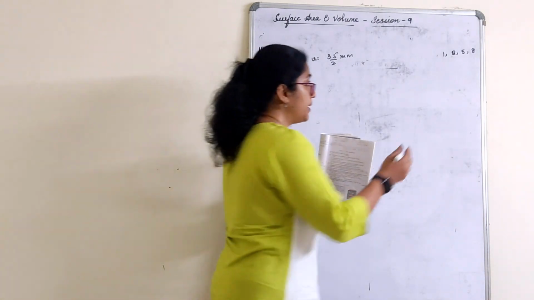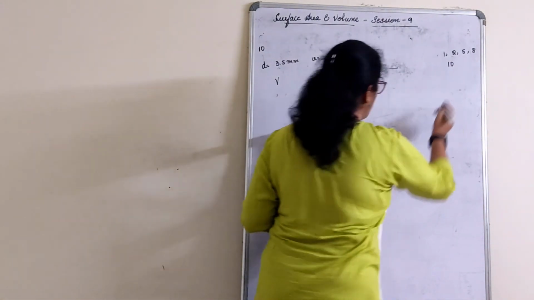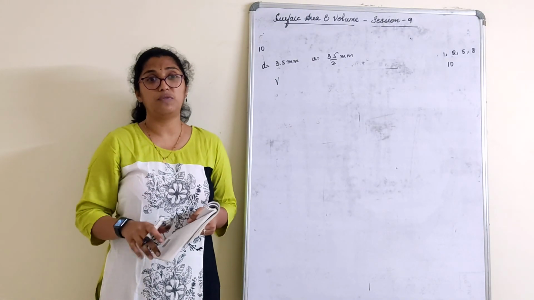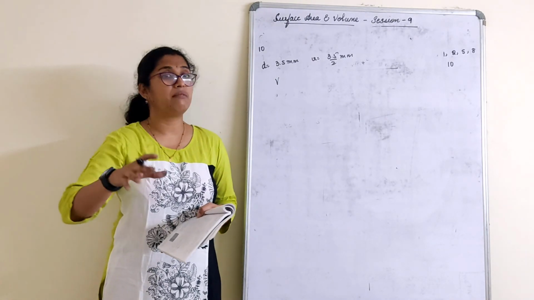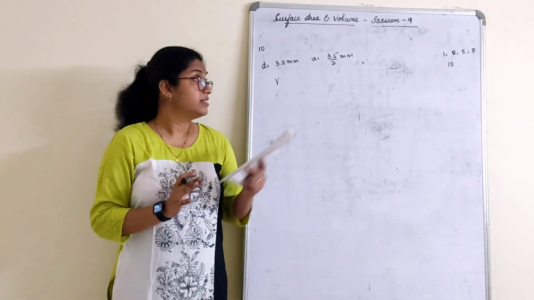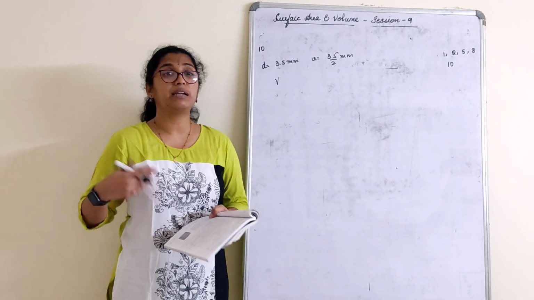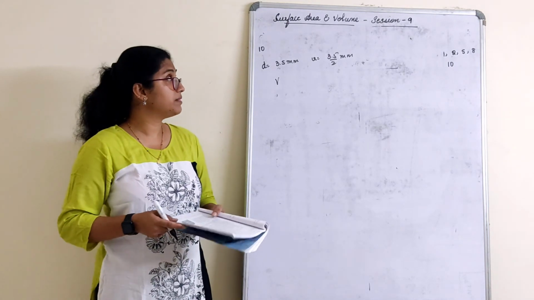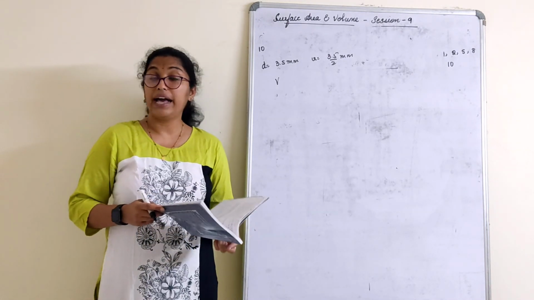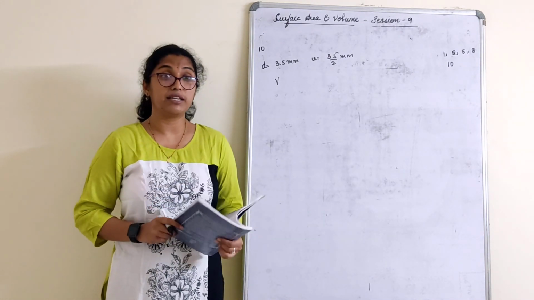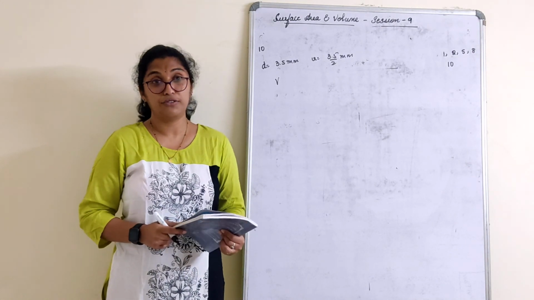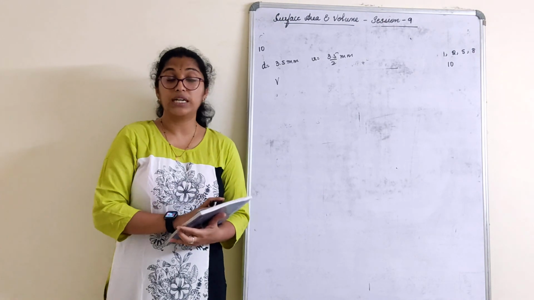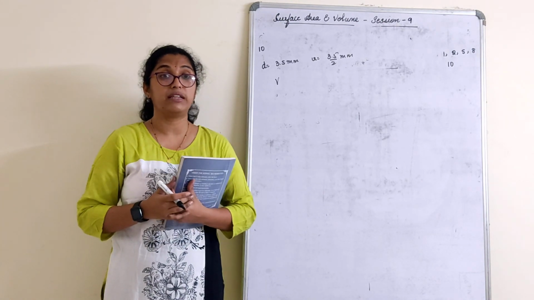Quite a number of sums I have marked for homework, but all are substitution only, direct formula kind of sums. Given radius or diameter, find the volume. You have to get better and better at calculation. So with this, children, we complete the chapter on surface area and volume, as well as the mathematics portion for the academic year. You have to practice more and more of these types of sums, worked examples, as well as what is given in the assignment.